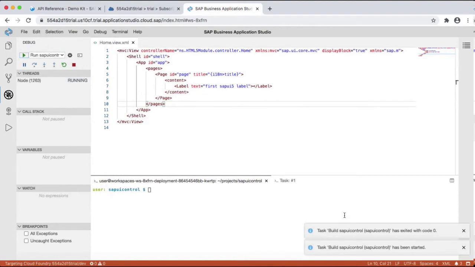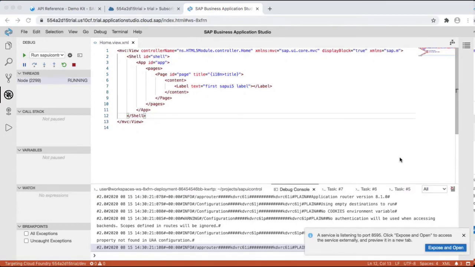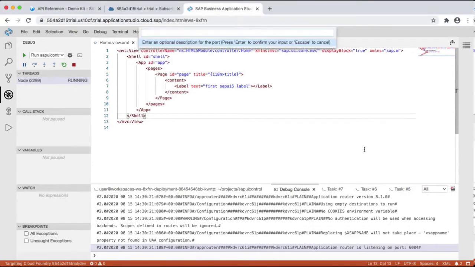You can see the status of the project in the bottom right corner of the screen. Once the application is built, a prompt appears to expose and open so that it can be run in a new tab. So click on expose and open. You can enter the description for the port or you can press enter just to confirm.